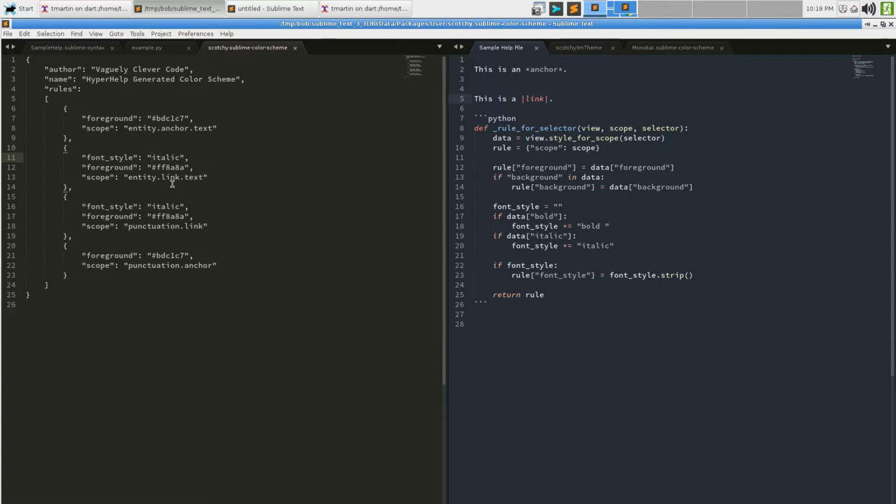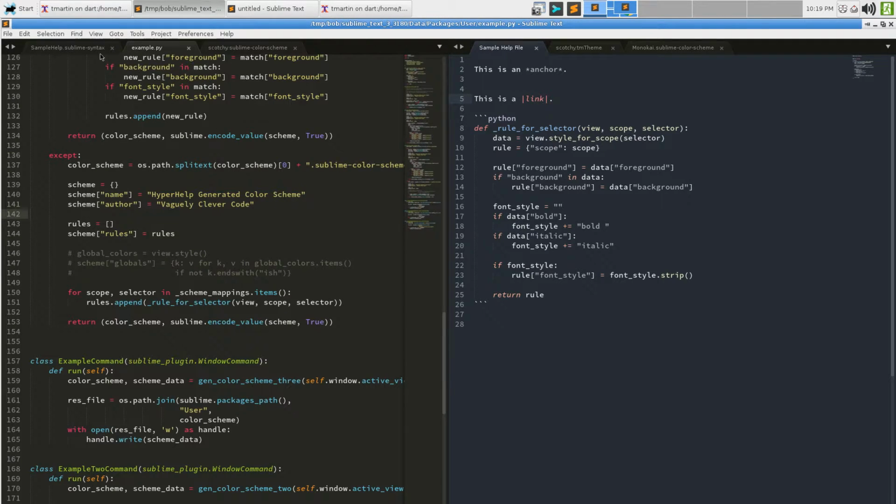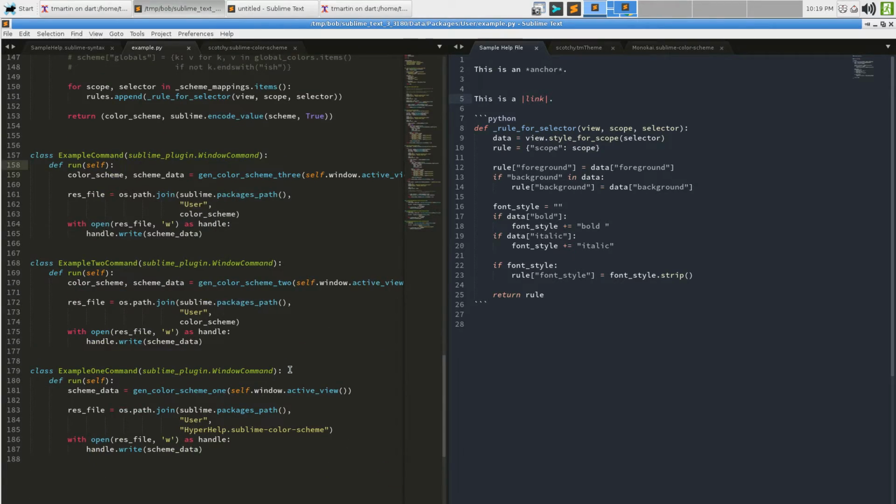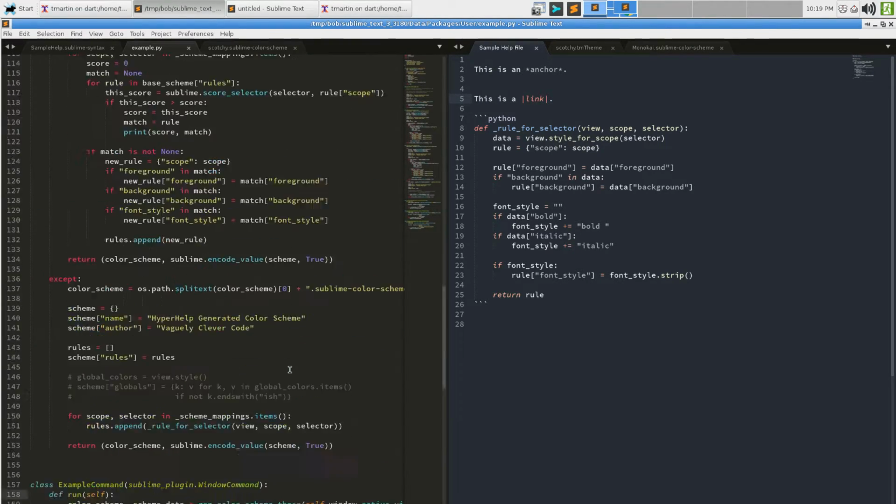It's a pretty subtle one at this font in that color, but I can make it bold italic, and that totally works. So what we've come up with here is 3 possible ways to generate color schemes.